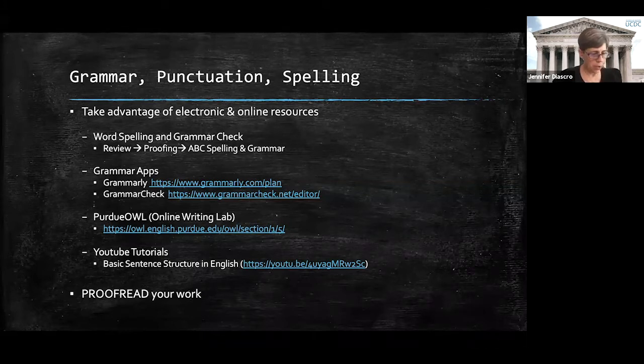That's a great question. So before I move on, proofreading your work. Now, one might ask, if I do not know my grammar, my punctuation, and my spelling particularly well, how am I supposed to proofread my work? It's a great question. So what I tell students to do are at least 2 things.